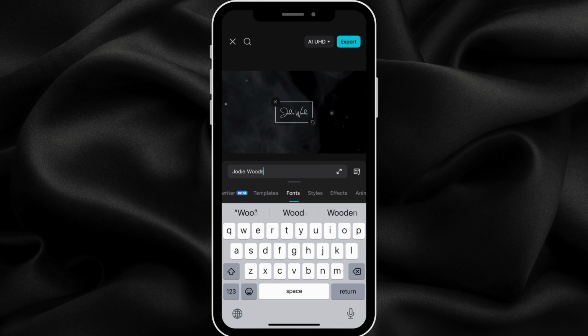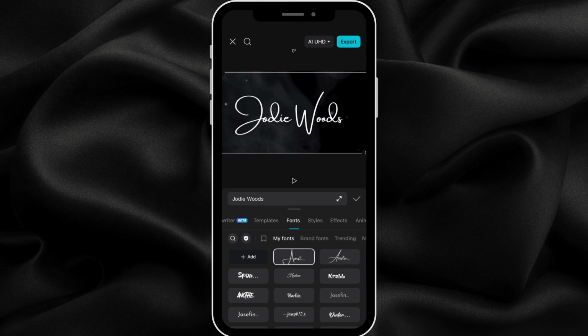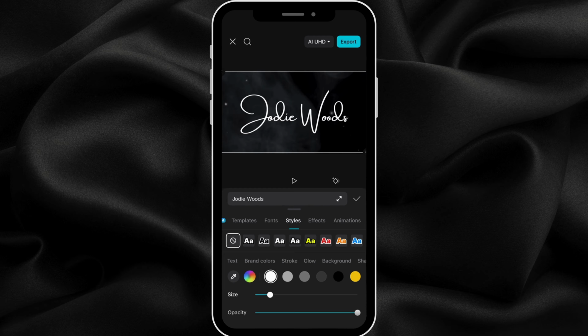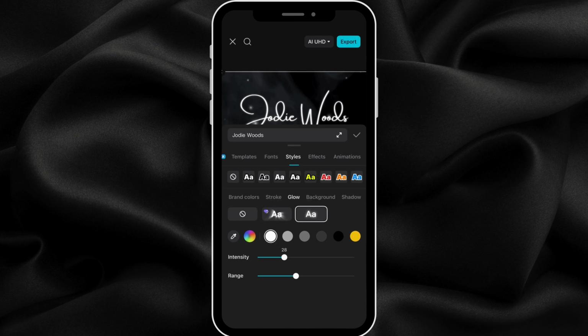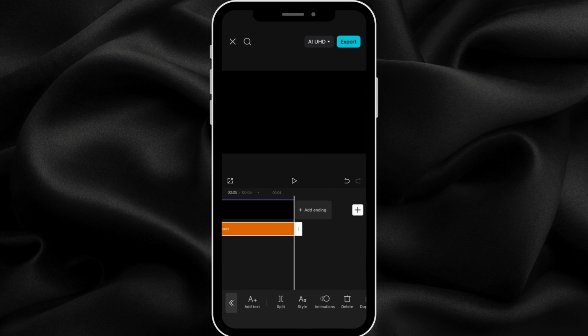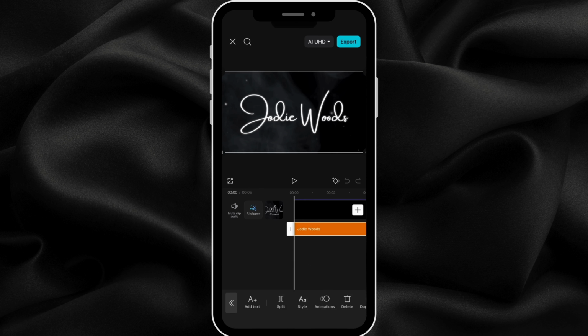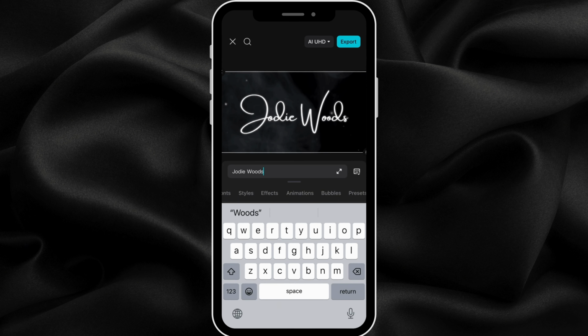Then once you have the font you would like, you are going to type in your channel name and make it bigger and center it. Then you're going to click on styles, click on glow, and click the free one that's there, and put the intensity to about 30, and then drag it all the way out. Then you're going to click on the text again, click on animations, and